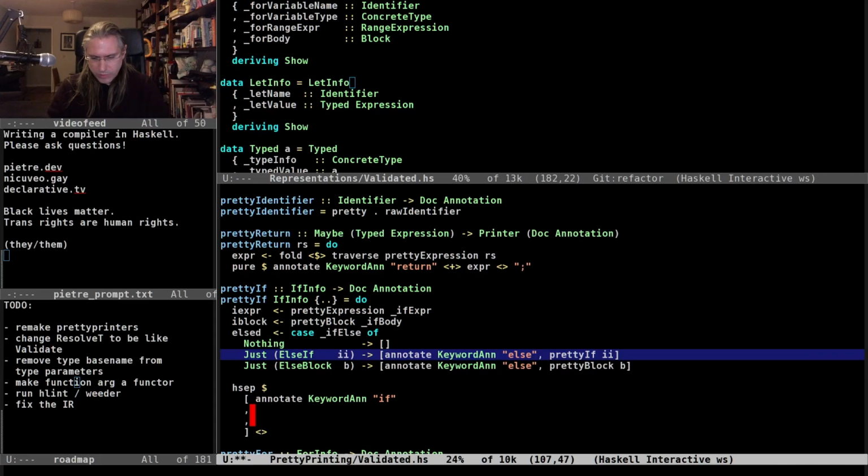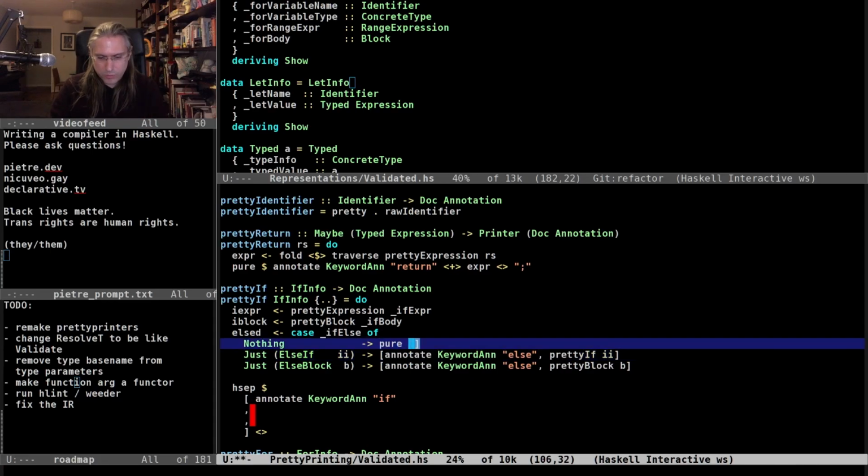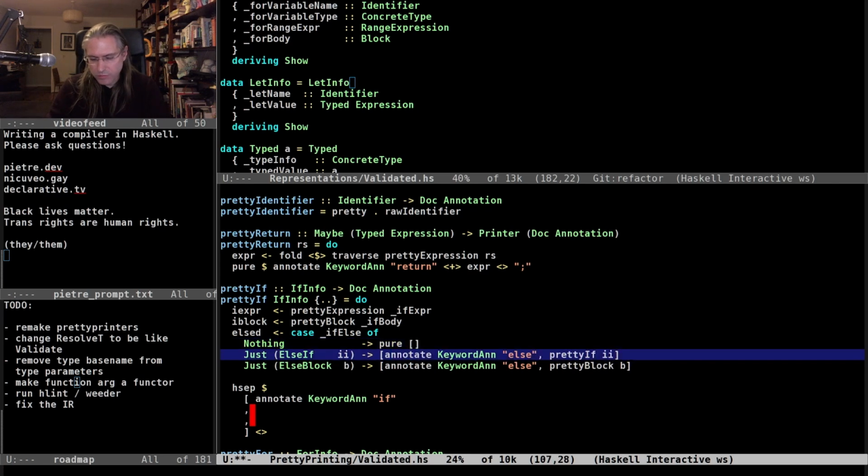So this remains the same, I think, more or less, except this is monadic, so in this case, pure empty list. Unless, no, I think making it as a list works well.